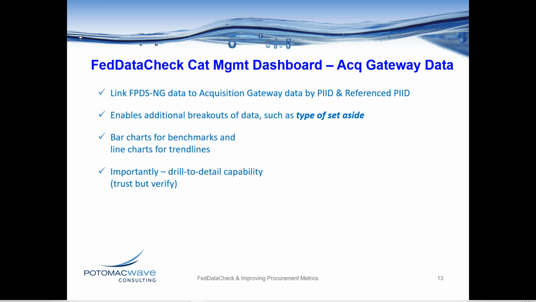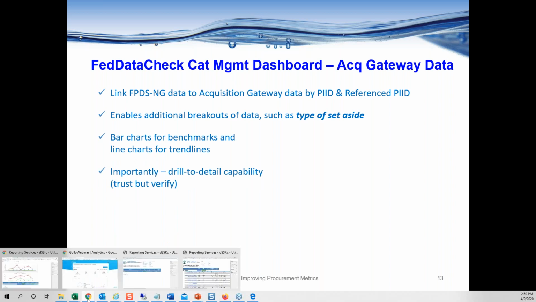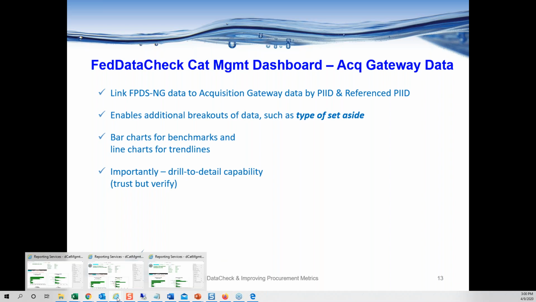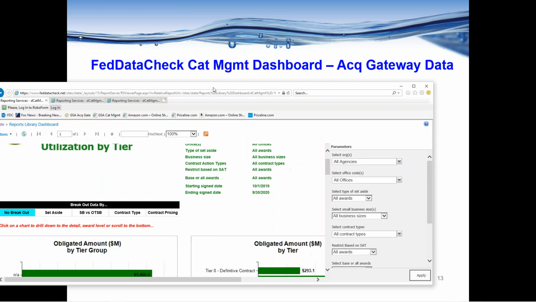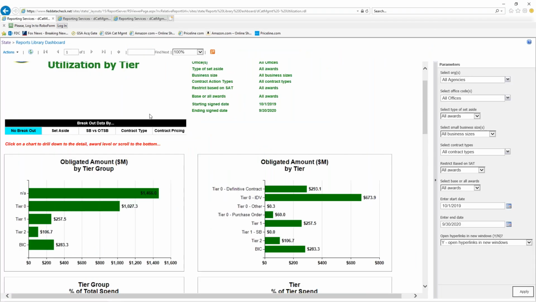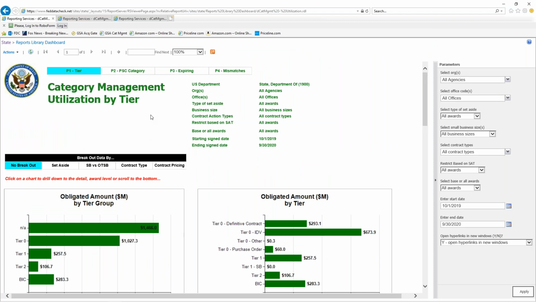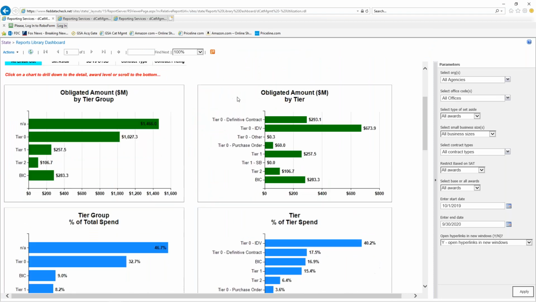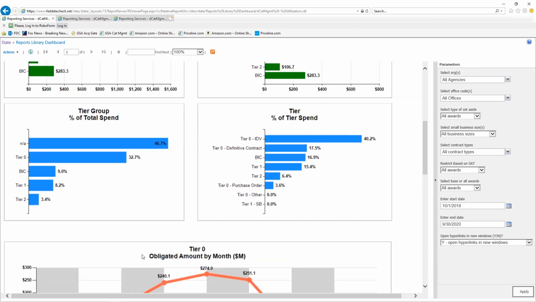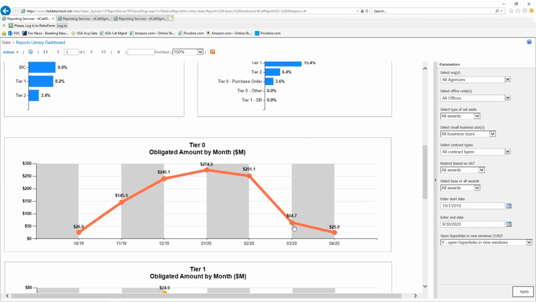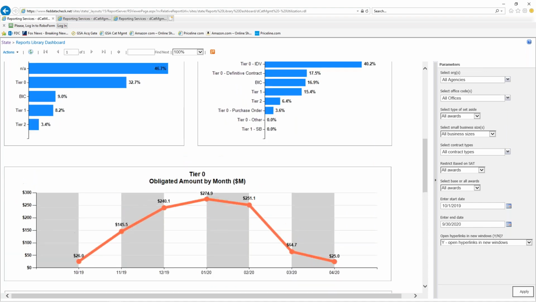So we saw that through Excel, and we also have... what time is it? Oh, I'm running out of time, but I can pull this over to you. We're wrapping up now. So here you can see the acquisition gateway data that we've integrated for State. You can look at it in Excel, or you can look at it through a dashboard. More graphical. You can see your trend over time. You have drill to detail capability.